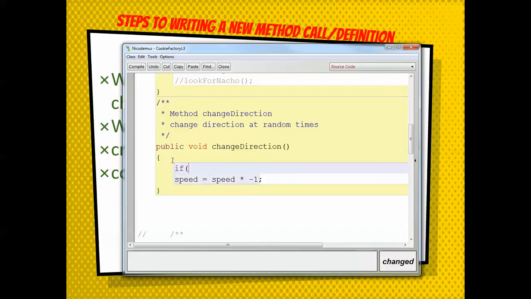So we're going to say if Greenfoot dot get random number. Okay, so we know that 100 is handy because it's easy to do percentages. So what percentage of the time do we want it to switch direction? Let's say we want it to do it 3%. So we say if that's less than 3,